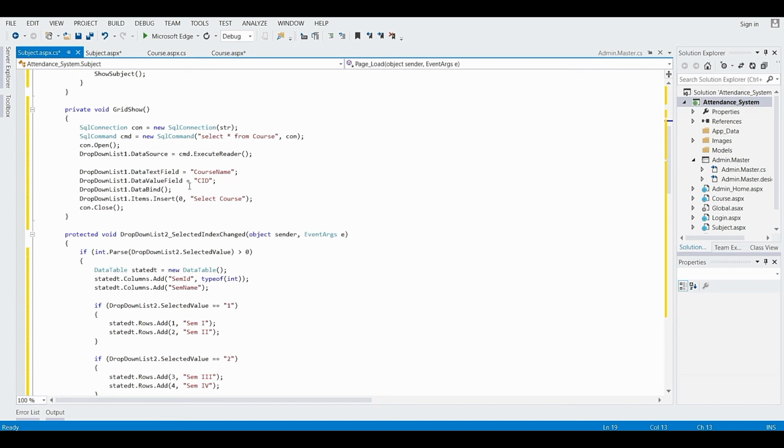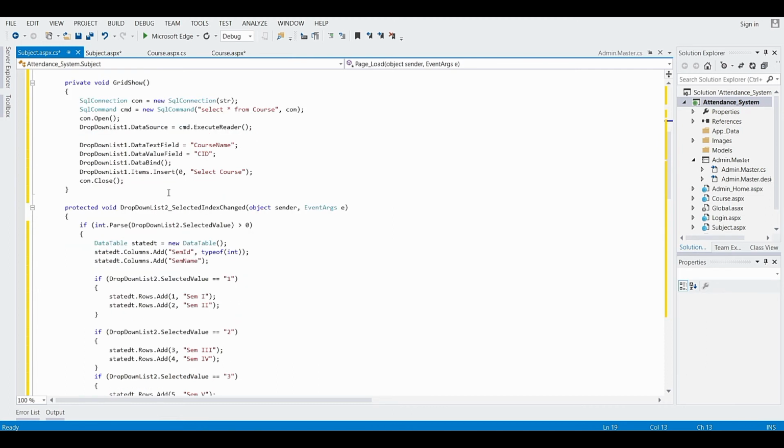Now we have to bind this data source to the drop down list, so that's why the DataBind function is called. Now here I have taken DropDownList.Items.Insert at 0 index, Select Course.